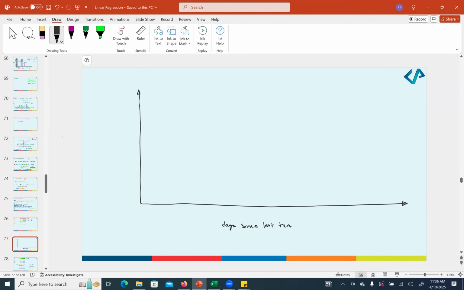Let's say I take all the people who have not transacted in the last 10 days, then all the people who have not transacted in the last 20 days, similarly 30 days, 40 days, 50, 60, 70, 80, 90, and so on. And on the y-axis, I will plot the percentage of customers